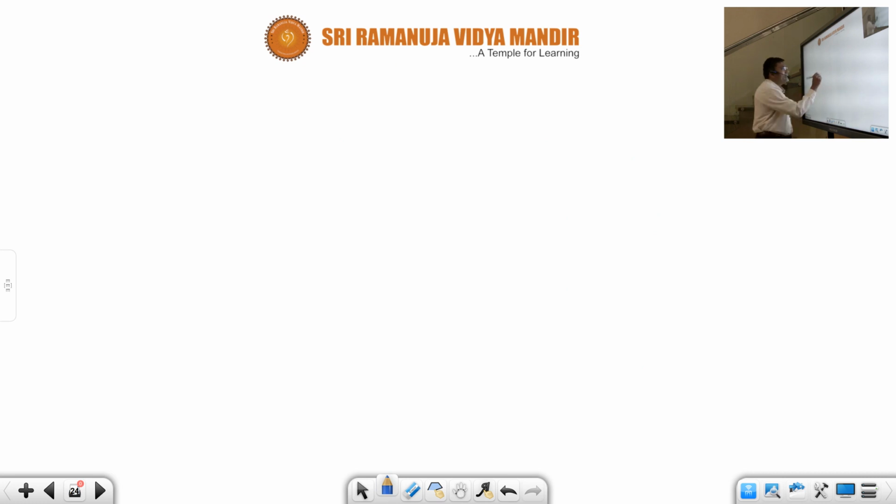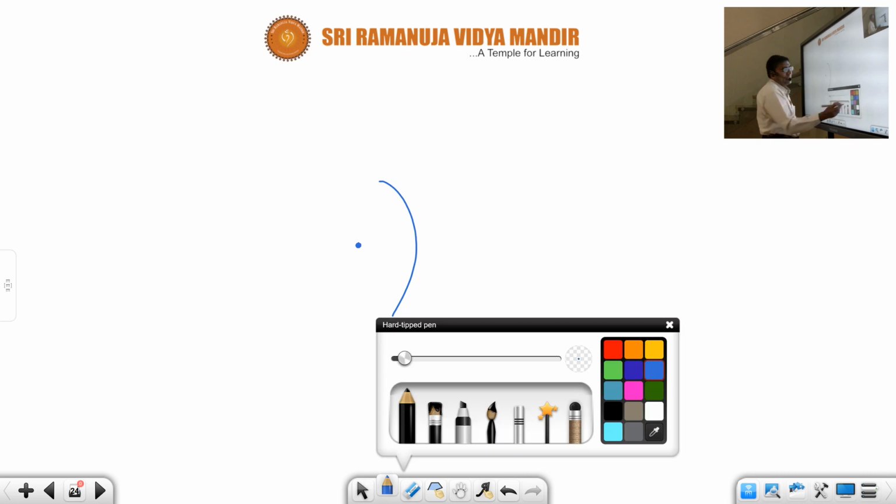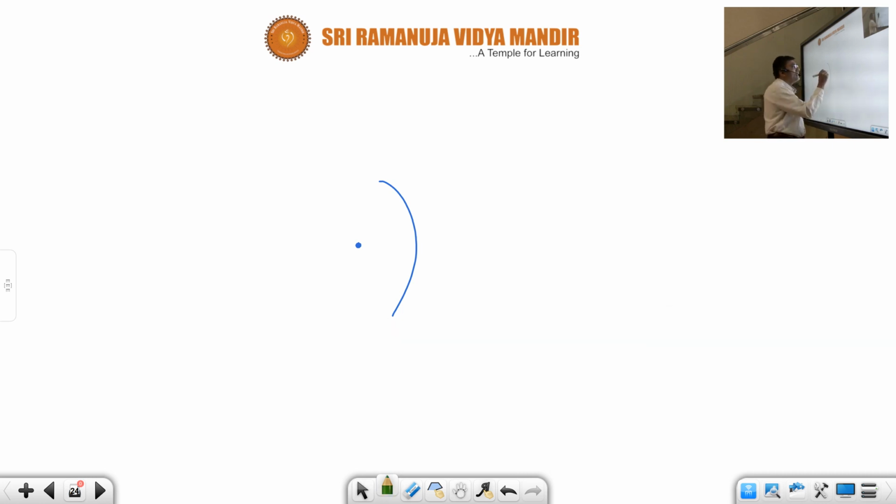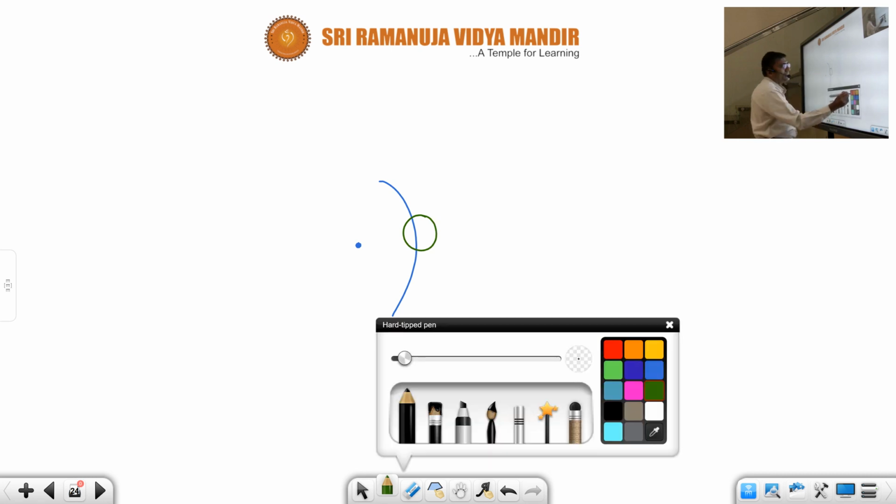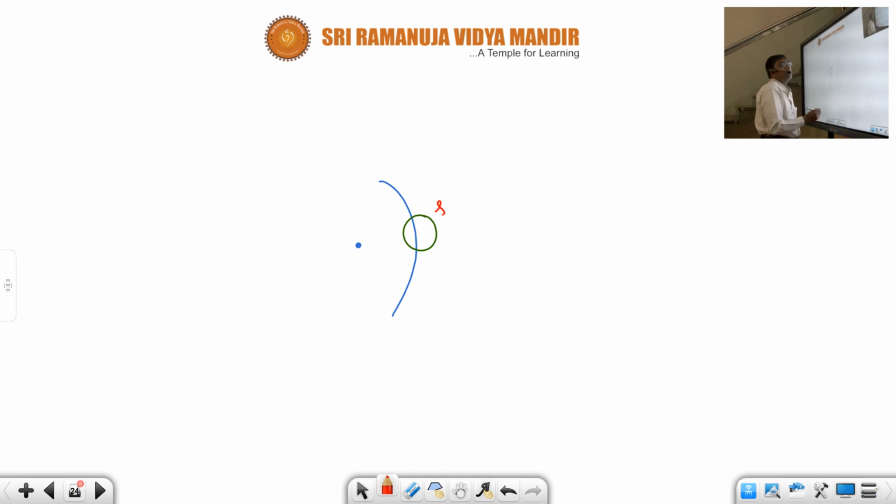In this orbit, electrons are situated in orbitals. This is called the s orbital. Why is it called an s orbital? Because it is spherical shaped. This s orbital is in the first orbit, n is equal to 1. If an electron is residing here, I can say it is in the first orbit, in the s orbital. One electron is there, 1s1. This is the electronic configuration of hydrogen.